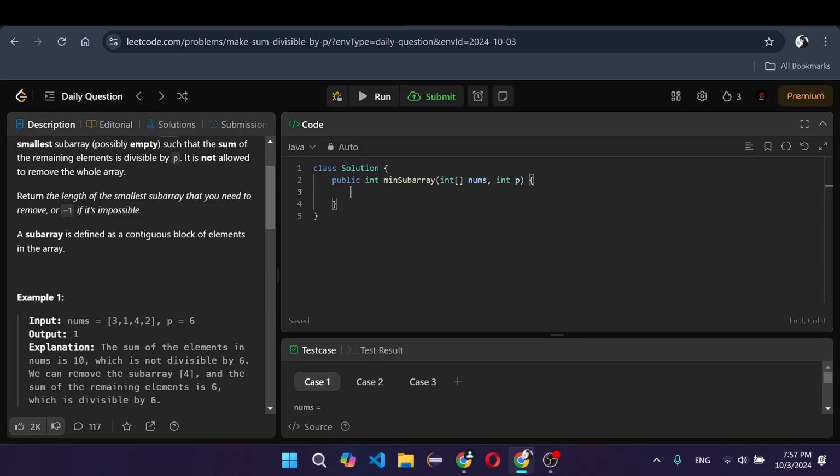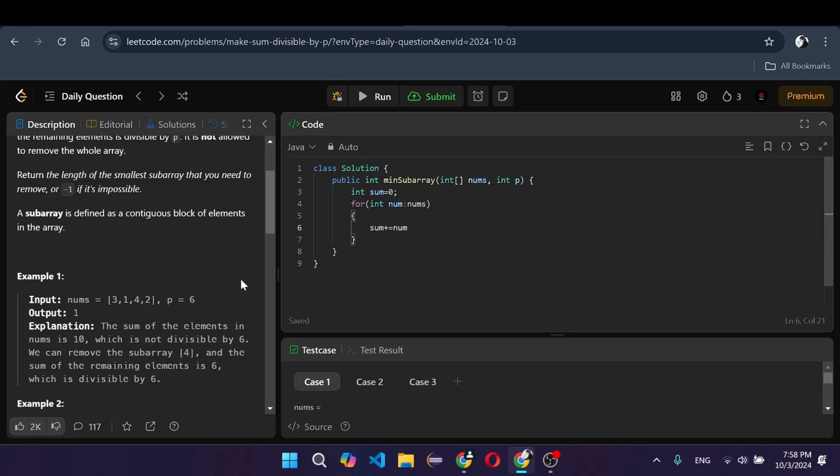Okay, what should I do? Int sum, as in the before problem, and then once again you can use a for loop. That's like the previous problems. Sum plus equal to num, for int num colon nums, and then again we are going to have the total sum here. Okay, fine, we just got the total sum